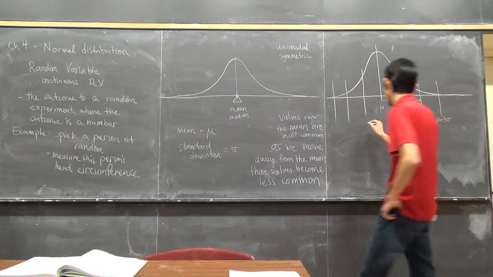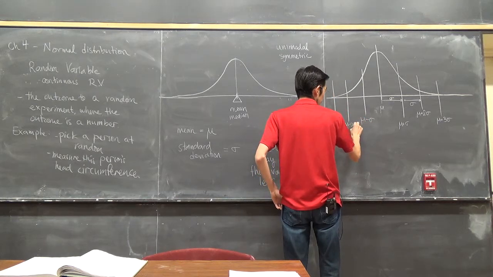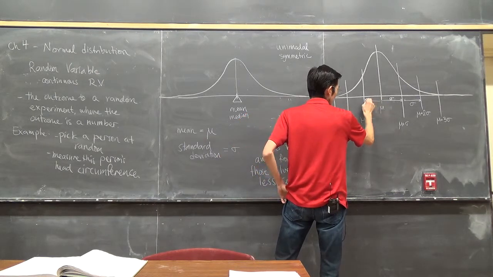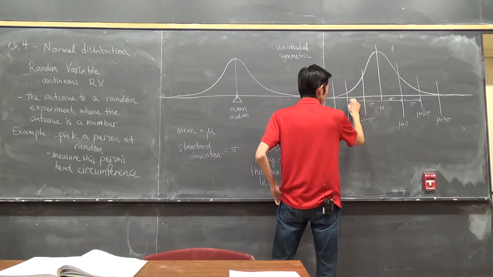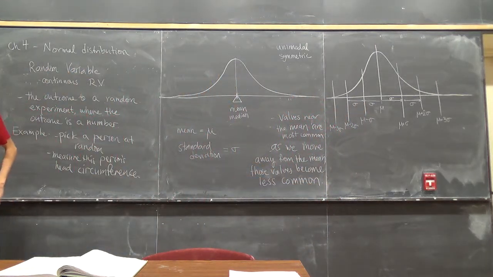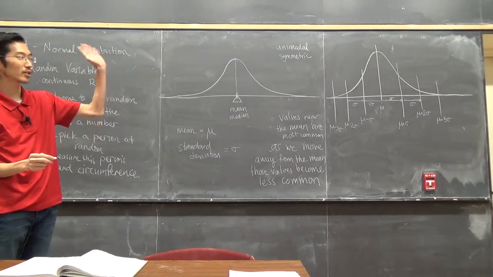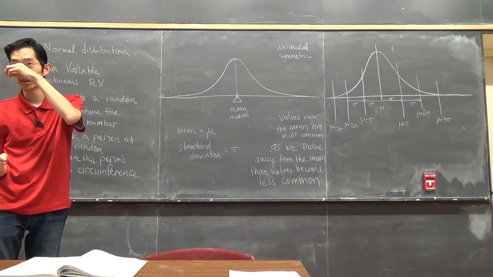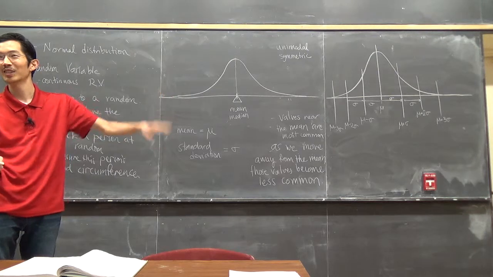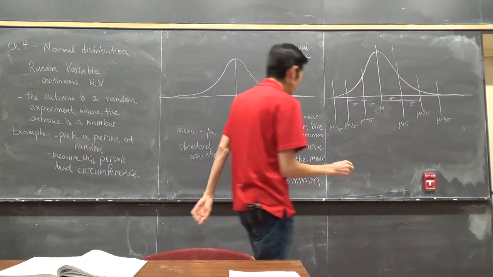And just the opposite over here: mu minus 1 sigma, mu minus 2 sigma, mu minus 3 sigma. All of these are 1 standard deviation, 1 sigma. Is that okay? Any confusion, any questions? Can everyone read my writing? I hope. All right, so the empirical rule